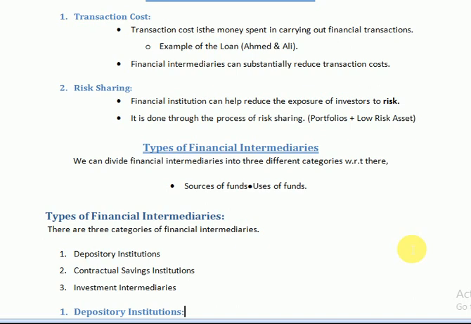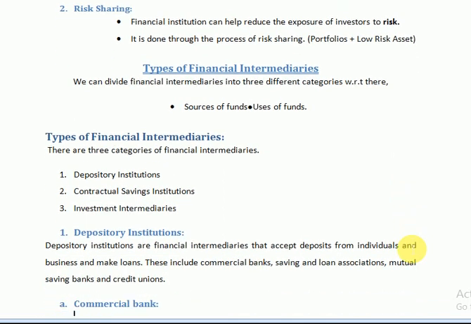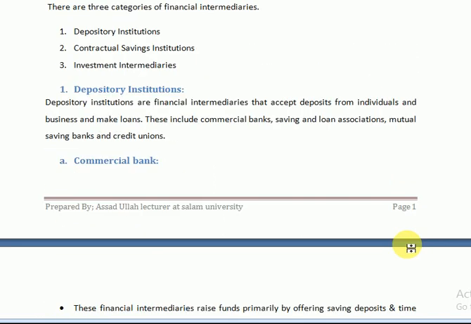The first one is depository institutions, the second one is contractual saving institutions, and the third one is investment intermediaries. Now one by one we will discuss them. Our first financial institution is the depository institution. So a depository institution